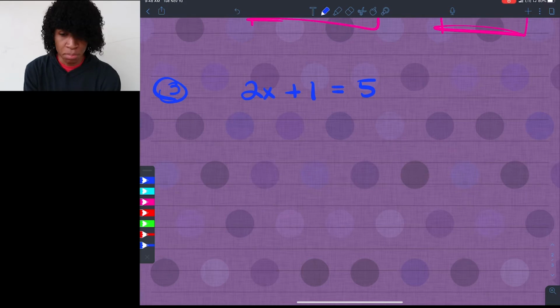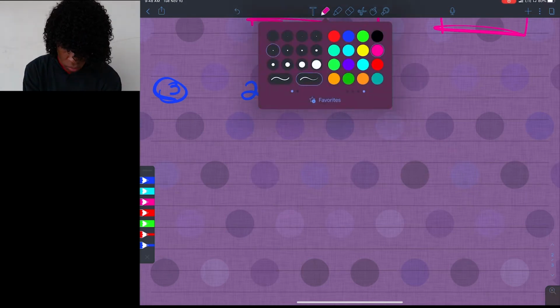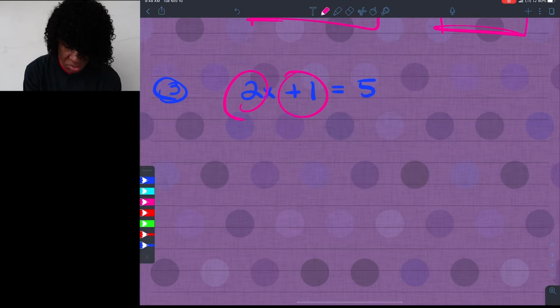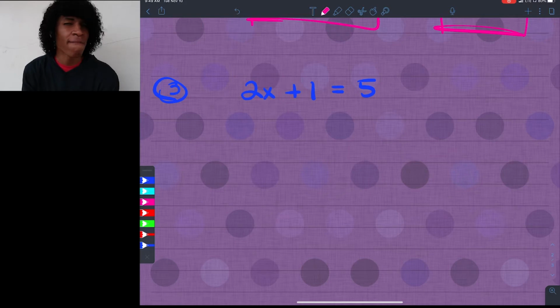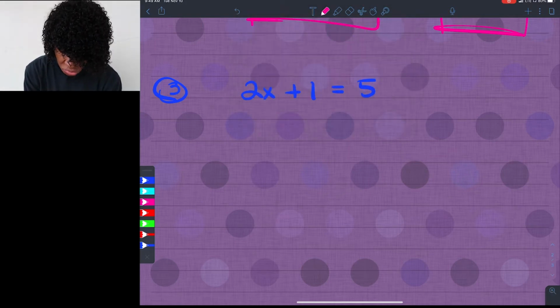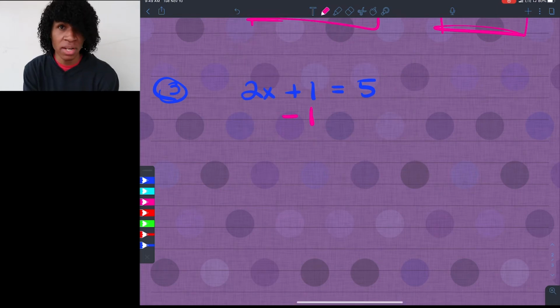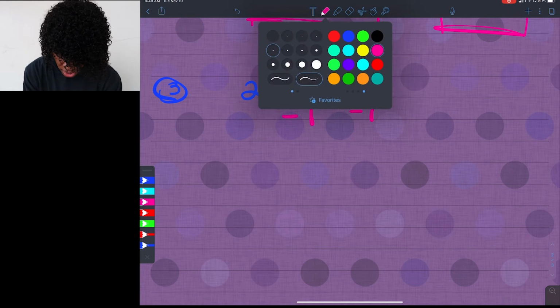On here you got 2x plus 1, so I've got two things bombarding my x. We've got plus 1 and we've got a 2 on it, so we got to get rid of this stuff. But remember, let's get rid of the simple stuff first. So let's go ahead and subtract 1, because that's the opposite of adding 1. Let's subtract 1 over here. And what that's going to leave us with is,